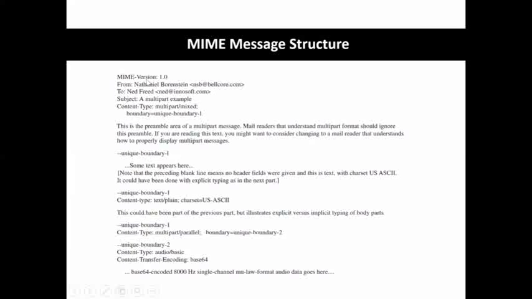MIME version. Next, subject, from address, to address, subject, content type. Content type, I already said, that is what? Multipart/mixed, that is the type of the message. It's going to support various messages, that is text message, audio, video, all those things. So this is the body of the message. Lastly, it is encoded with respect to base64. This is what it looks like, and that is my message structure.